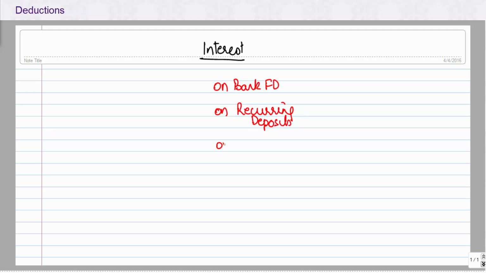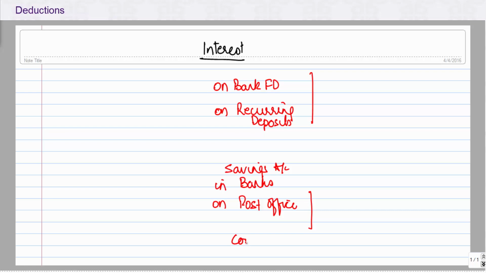We have on post office. Let's take this. So FD, bank FDs, recurring deposits. We have post office savings account, the savings account from banks, post office,